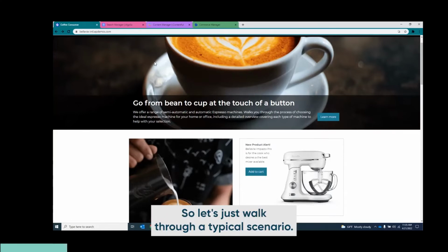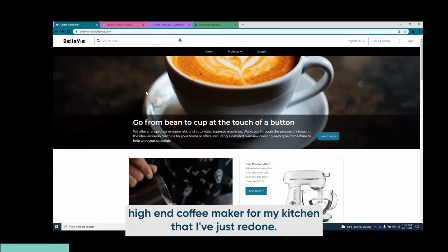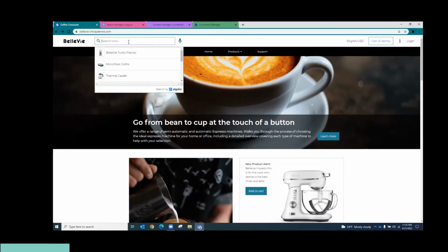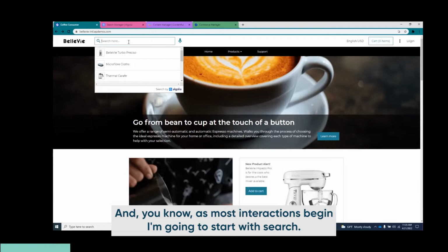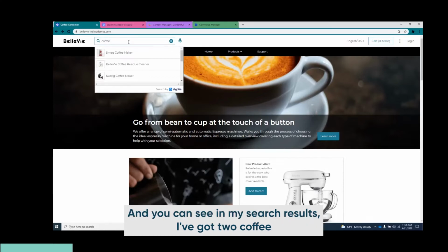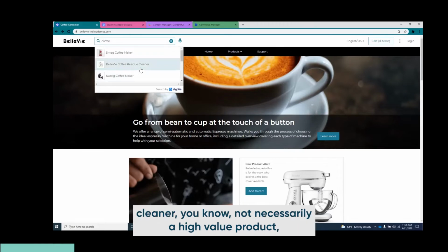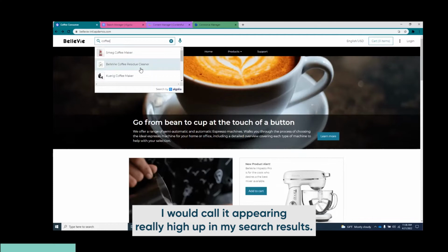So let's walk through a typical scenario. I've come to do some shopping. I'm looking for a new high-end coffee maker for my kitchen that I've just redone. And as most interactions begin, I'm going to start with search. I'm going to type in coffee, since I'm looking for a coffee maker. You can see in my search results, I've got two coffee maker results, but I have this residue cleaner, not necessarily a high value product, I would call it, appearing really high up in my